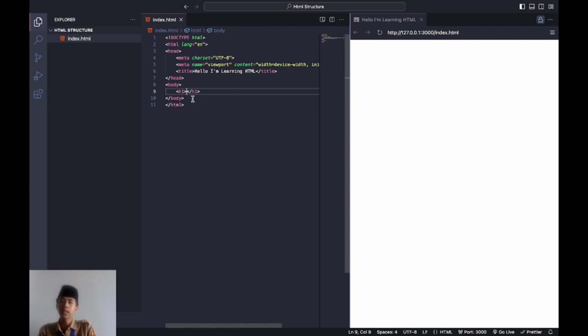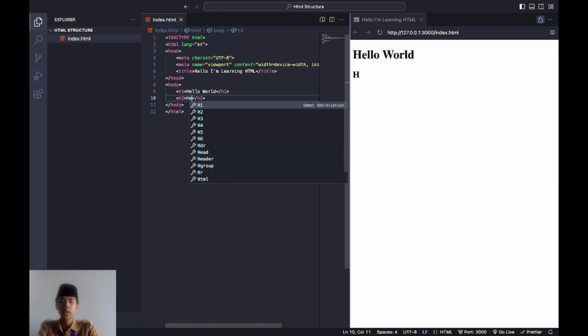When you press enter, it will automatically create the tags, and you can type some words inside the h1, like hello world. In HTML there are six headings: h1, h2, h3, h4, h5, and h6. Let's try and see what the difference is.